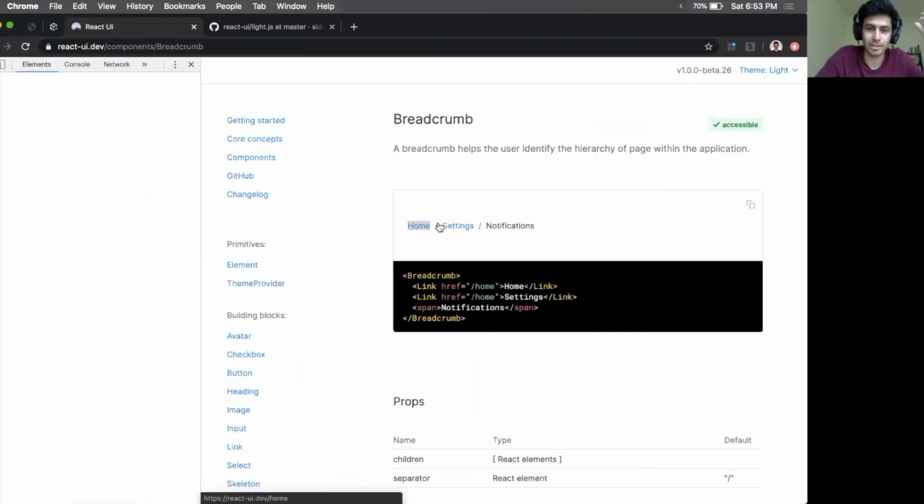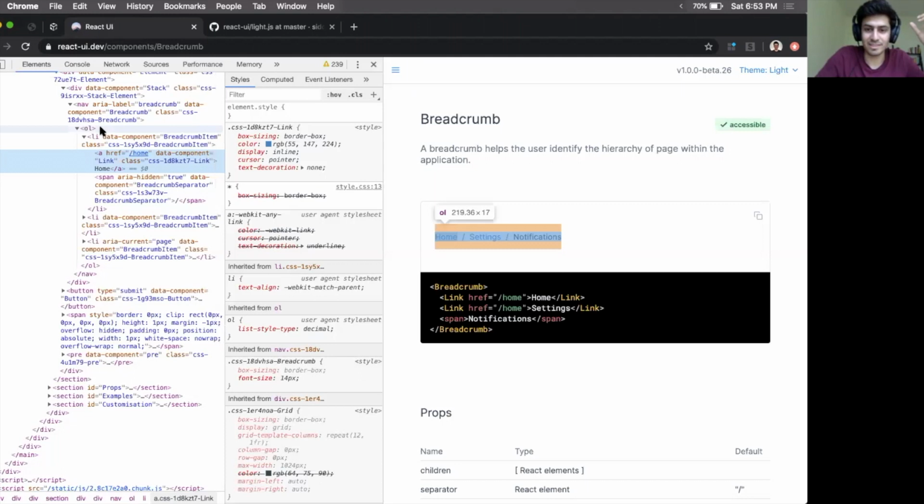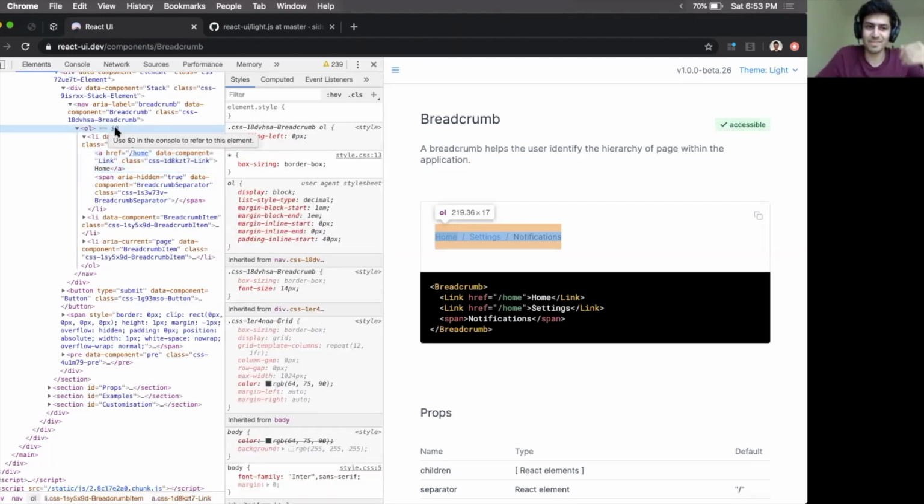For example, in this component, you will see that it's a list. It's not just divs, it's a list. And then you'd have a data role somewhere. Yeah, there's an aria label on this, which is a breadcrumb. And each one of these is a list item and it has the right tags.